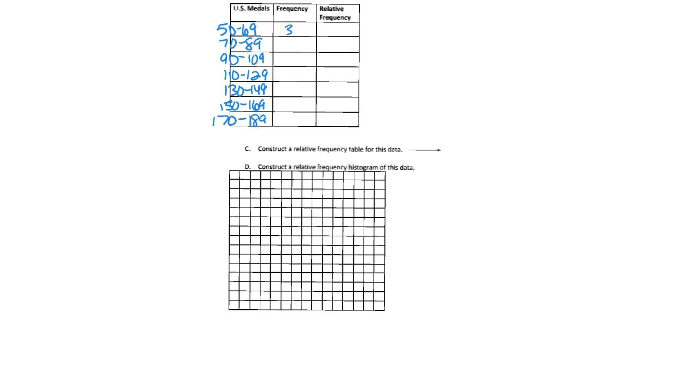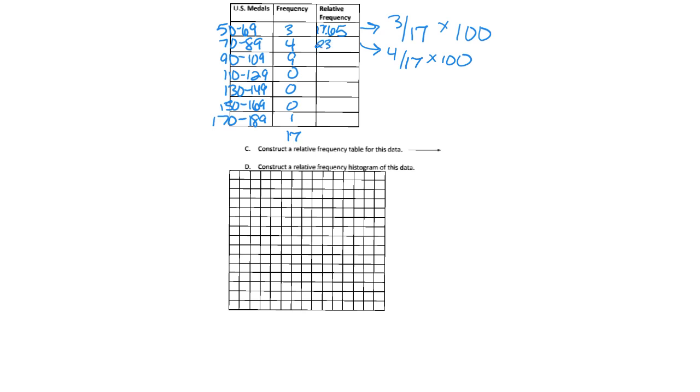And my frequency is still the same. My frequency is helpful in determining my relative frequency because what I need is a total, right? And I'm just looking for percent. So my relative frequency here is going to be 3 over 17, times 100. So this one would be about 17.65, let's take it to 2 decimal places. And so I would do the same thing for every single one to determine my relative frequency at that particular